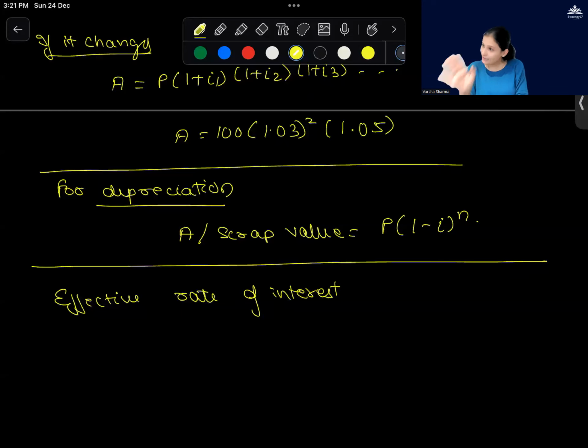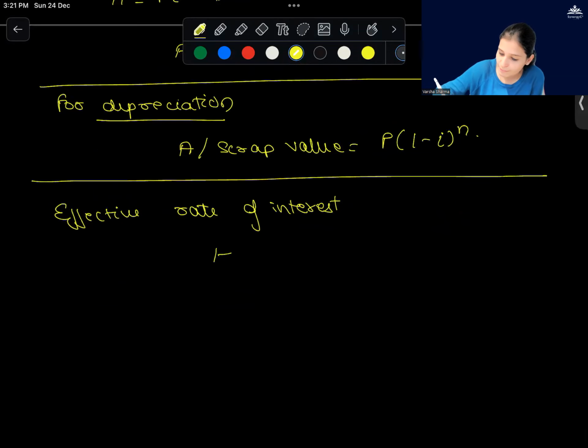So this concept is only valid for half yearly, quarterly and monthly, and is only valid for a duration of 1 year. So while calculating effective rate of interest, what do we do? We find out the compounding value first. Clear? Raised to the power of the number of times you're charging. Then I subtract 1 because I'm doing the entire sum considering my principal to be 1. No matter what the principal actually is, it doesn't matter. I'm only bothered with what my rate is and what the time duration is. Again, the time duration will only be 1. Done? So this will give me my interest amount. And then if I multiply it by 100, I'm going to get the percentage.